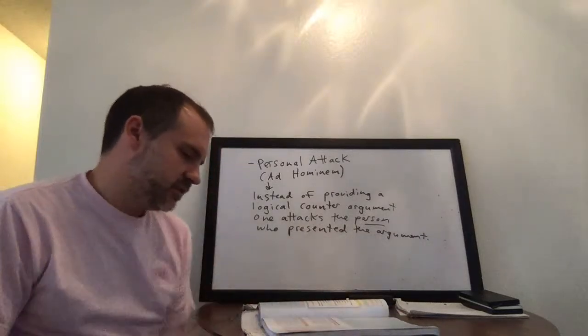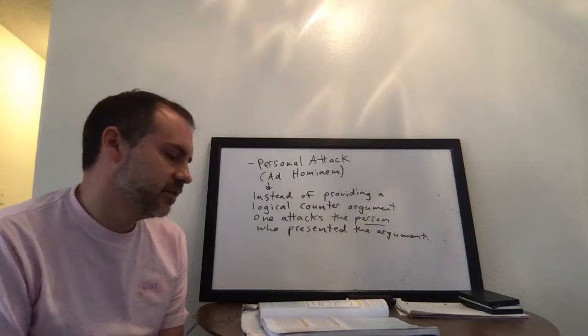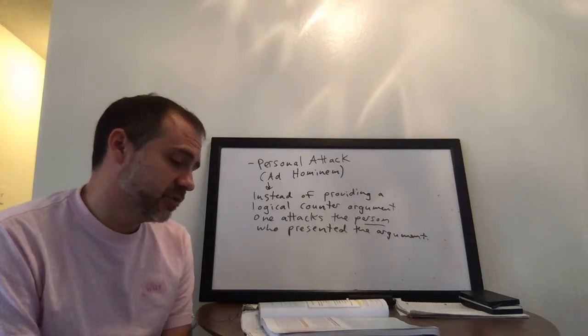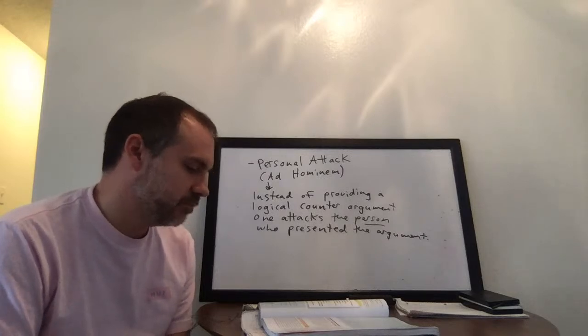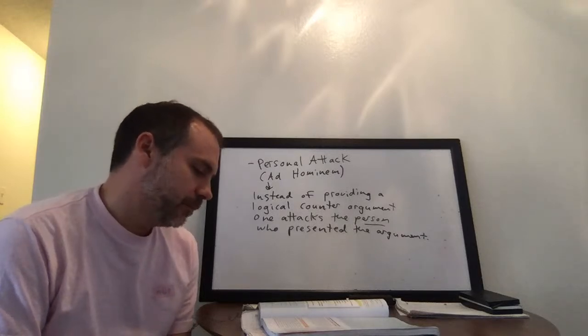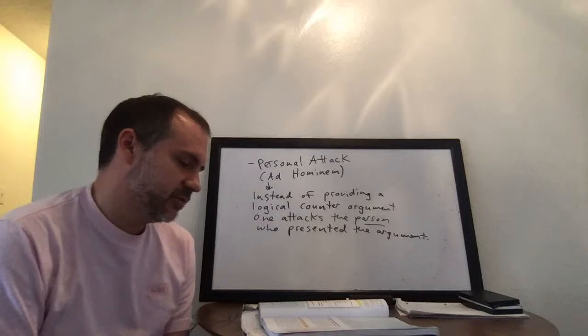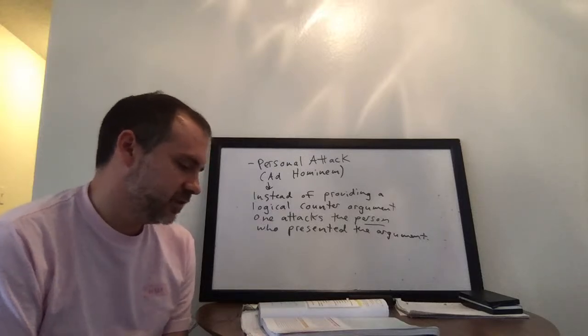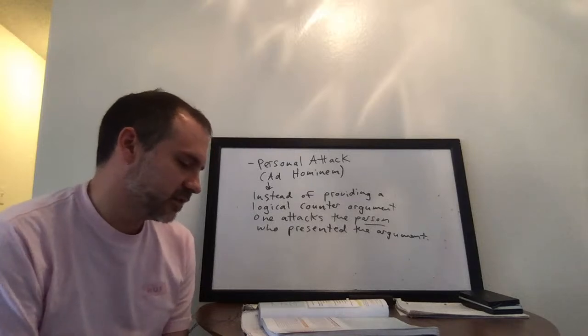And so, just some text from the book. The ad hominem fallacy, or personal attack, occurs when we disagree with someone's conclusion, but instead of presenting a counter-argument, we attack the person that made the argument. Okay, look at this. So in 2015, when Kentucky clerk Kim Davis refused to issue marriage licenses to same-sex couples,